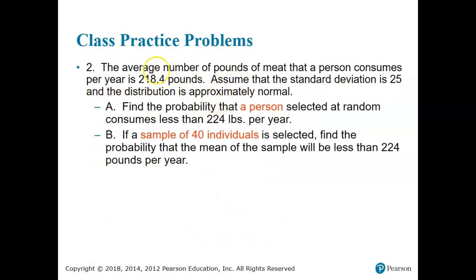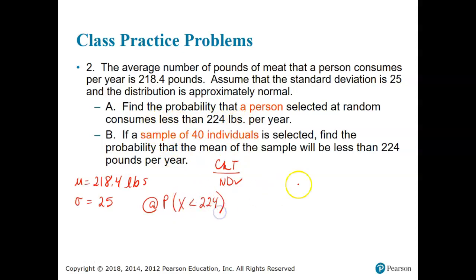Okay, the next one, the average number of pounds of meat that a person consumes per year is 218.4 pounds. Assume that the standard deviation is 25 and that it's approximately normally distributed. So looking at this for our central limit theorem, we know it's normally distributed, so we're good with that. For part A, this one's an individual person. We want the probability that a random person consumes less than